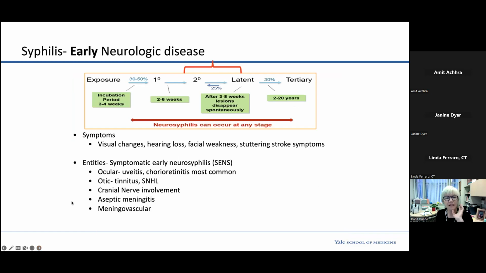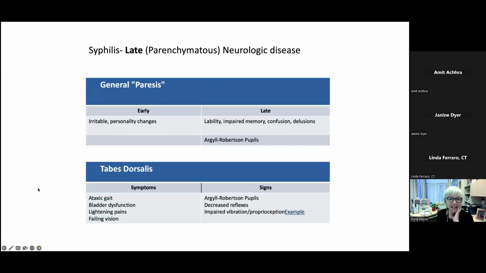This is the slide I should have had a little bit earlier, that's just outlining some of these entities that we see in symptomatic early neurosyphilis. So I think we covered that. If you're all going to be able to get these slides later on, which I'm really happy to do, if you're interested,